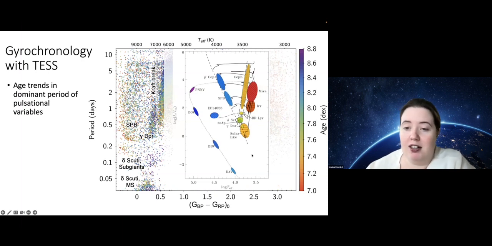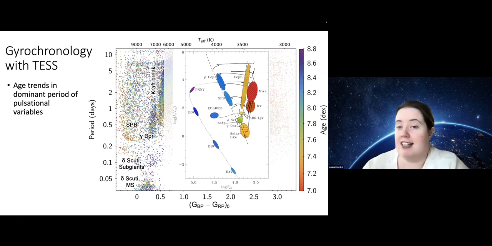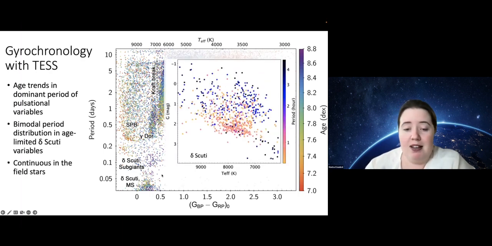For example, here are just the locations of some of these pulsating variables that we see here: slowly pulsating B-type stars, Gamma Dor and Delta Scuti particularly are quite obvious in the sample. I won't go into too much detail for these systems. They do show some interesting age trends as well. But the most interesting one of which are the Delta Scuti stars, where we see a bimodal distribution, a clear separation between the main sequence Delta Scuti stars and the subgiant Delta Scuti stars